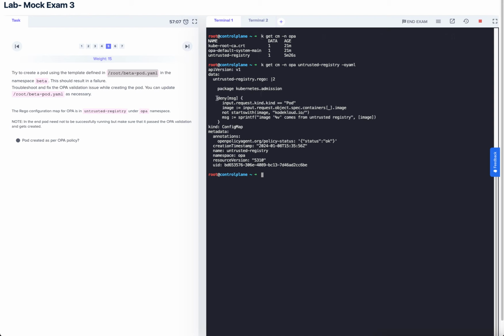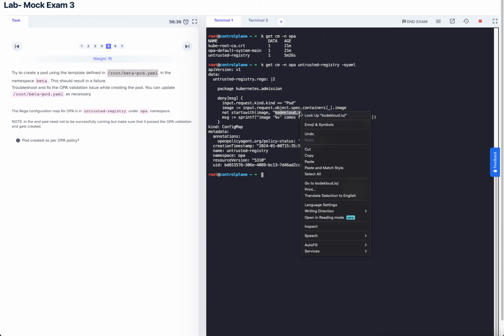policy. It's telling us here that the kind it will deny is the pod's creation with the image, importing the request object spec container. So it's pulling in the image name as a variable. If the image doesn't start with codecloud.io, then it will effectively deny it and send this message saying the image comes from an untrusted registry. Sweet. So let's just copy that, codecloud.io,